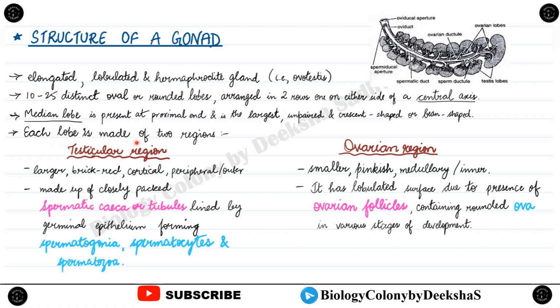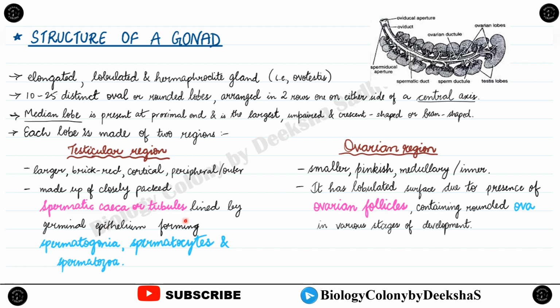So each lobe is made up of two regions. First is the testicular region, that is large, brick red, cortical, peripheral or outer. So the outer part is the cortical region and the inner one is the medullary region. The cortical region is called the testicular region and the medullary or inner region is called the ovarian region. The ovarian region is smaller and pinkish in color, and the testicular region is made up of closely packed